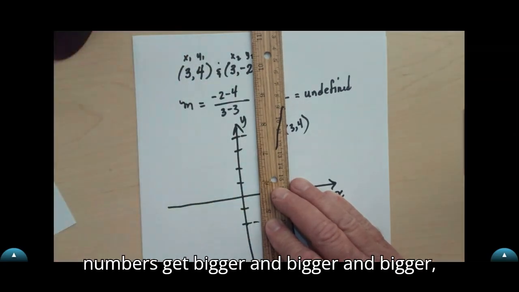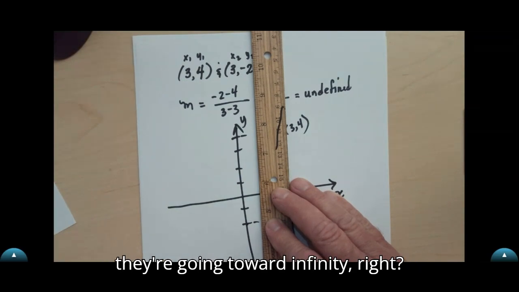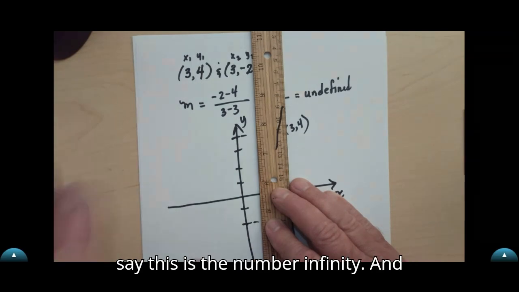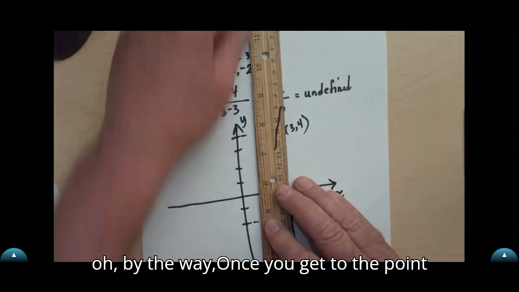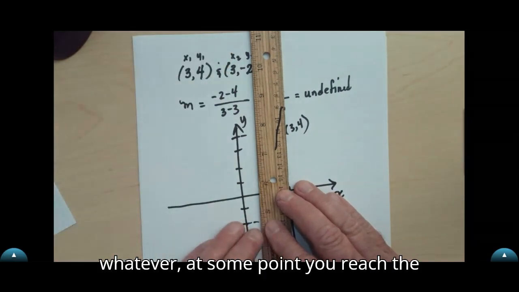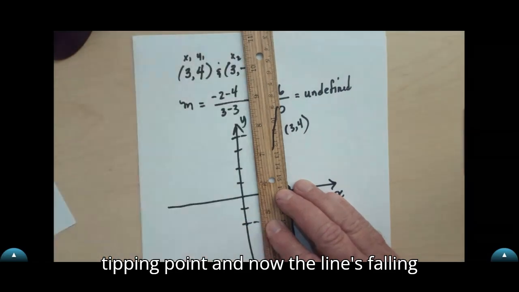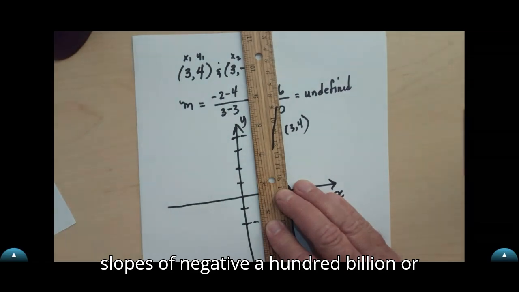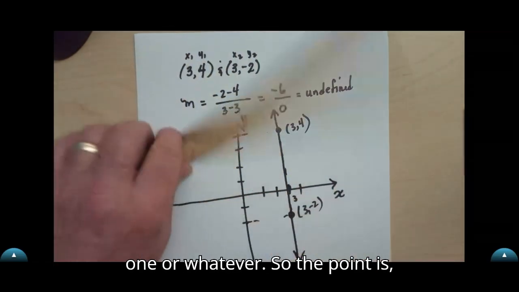Well, when your numbers get bigger and bigger and bigger, they're going toward infinity, right? And infinity is not a number. You can't say this is the number infinity. And oh, by the way, once you get to the point where this slope is like 100 billion and 100 quadrillion or whatever, at some point you reach the tipping point and now the line's falling from left to right. And now you've got slopes of negative 100 billion or whatever and going down toward negative 1 or whatever. So the point is,